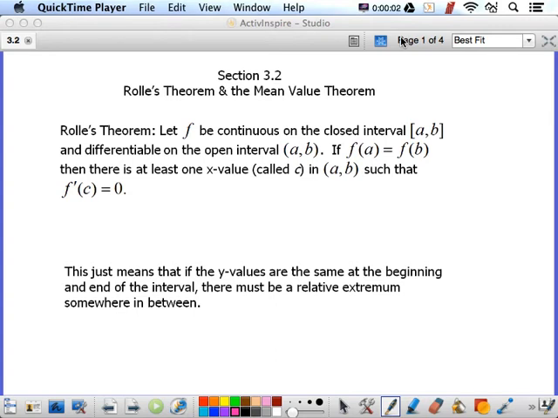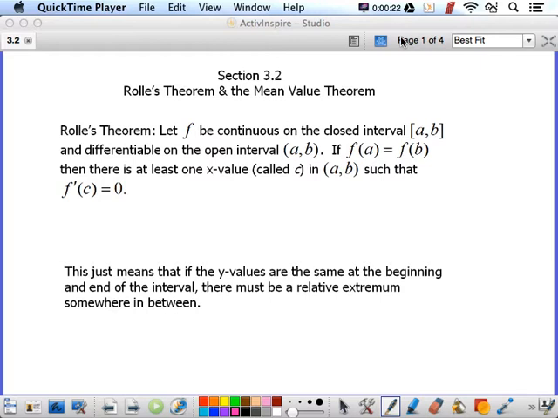Section 3.2 deals with Rolle's theorem and the mean value theorem. Now these are a little wordy and they do require you to understand things about continuity and differentiability. So it's going to require a little bit of thought. The first theorem is Rolle's theorem, and it says that if f is continuous on the closed interval and differentiable